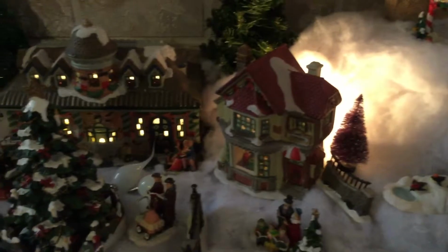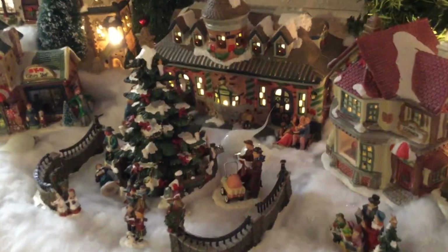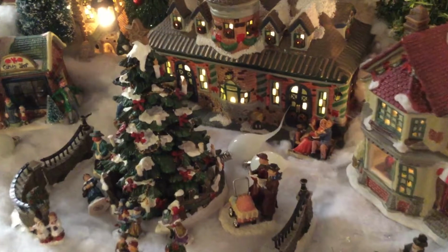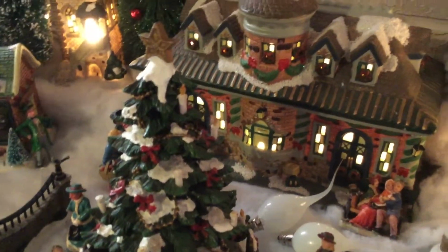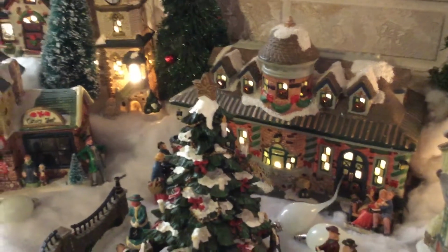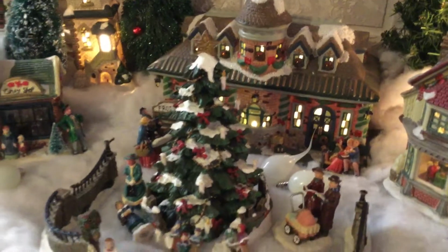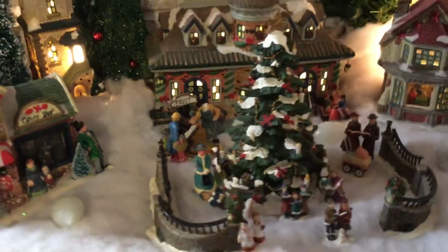Now I'm going to show you the center of the town. My idea was hills on both sides of the town, and then in the center, this is the town hall area. I don't actually have a town hall, but it all centers around the train station. And I think this was actually the first piece, the train station that I got. I fell in love with it because it's like a pastel-y pink building. It's beautiful. And then I purchased this Christmas tree,